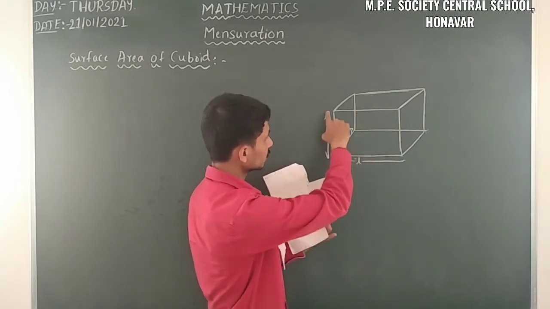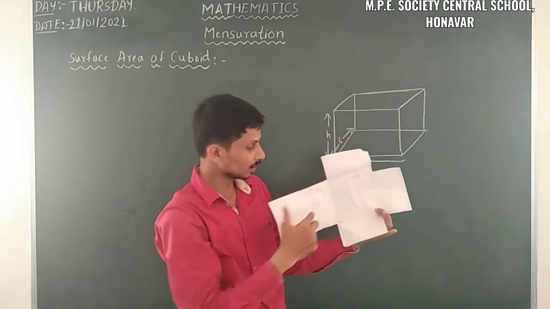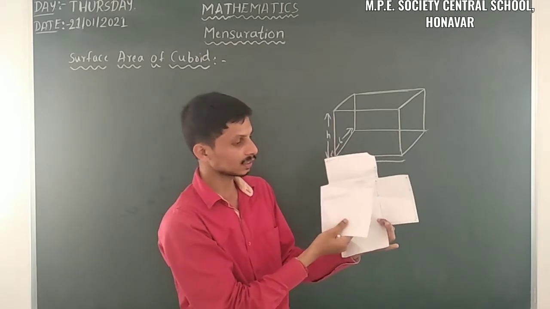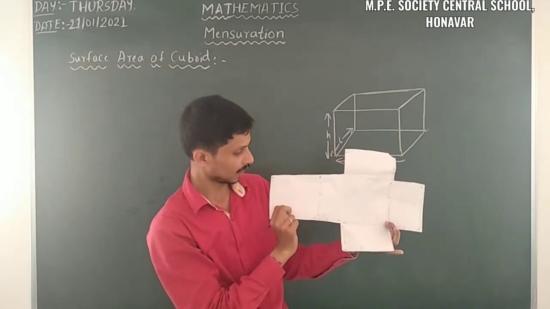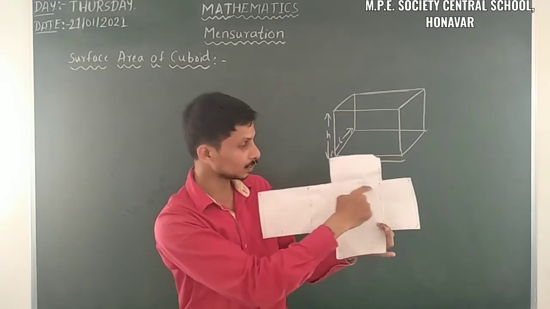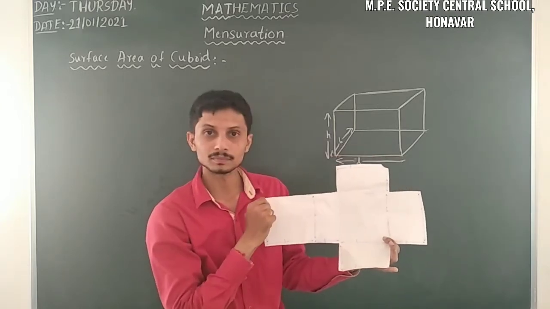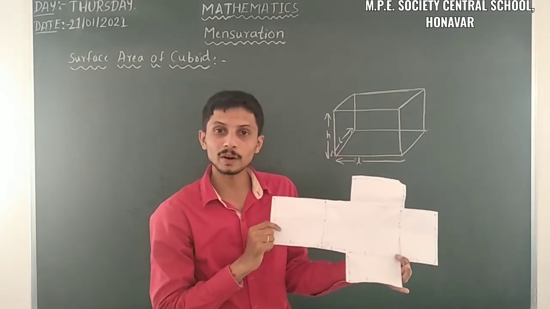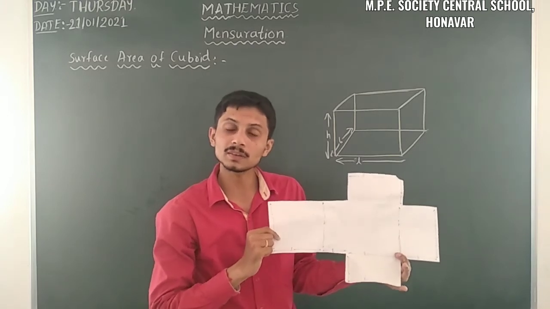So L into H. Just observe there, L into H. The front face overlaps like this one, and just observe here we have L and H. And this one is also L and H. So here we have to find out the curved surface area of